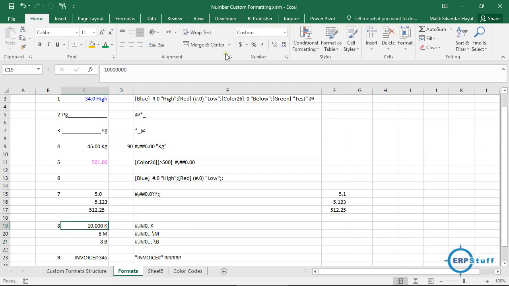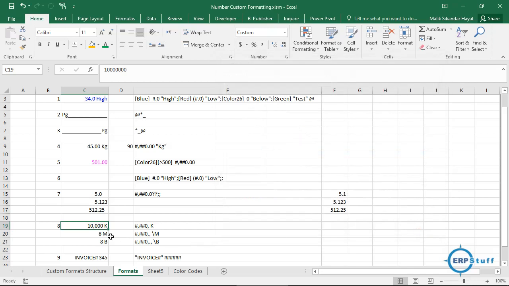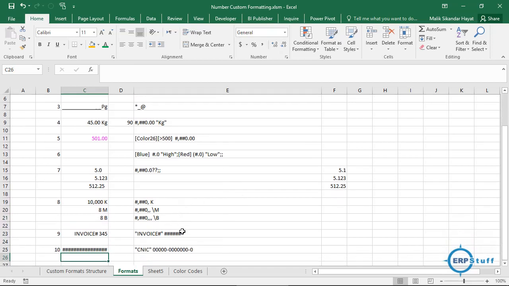So, let me show you here. Okay. So, just comma space k. So, it will automatically divide by 1000 and will show in the thousands, right. Here it is in millions, 2 decimals, 2 commas, and here it is 3 commas and then this, right. It is straightforward. So, if you see here, it is showing me the unit as well.